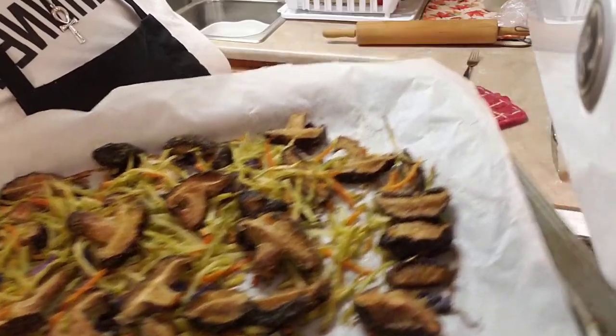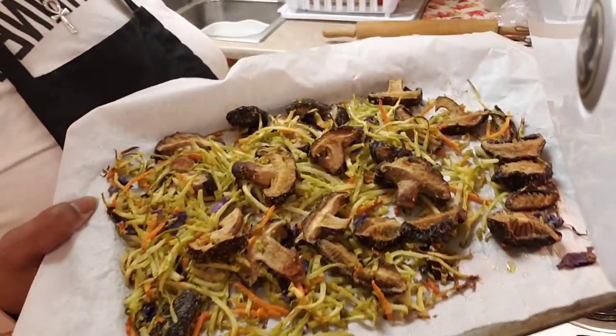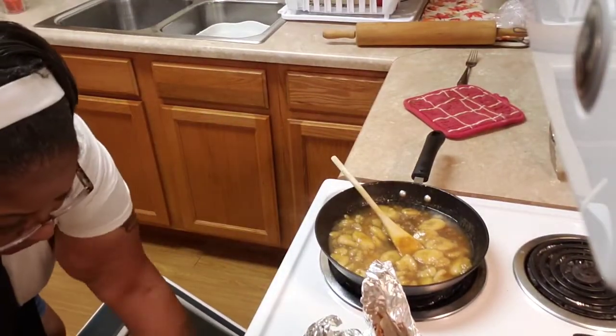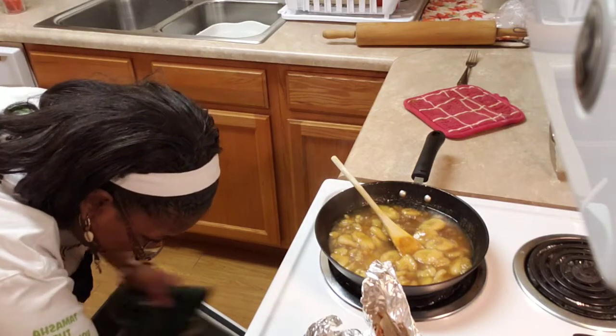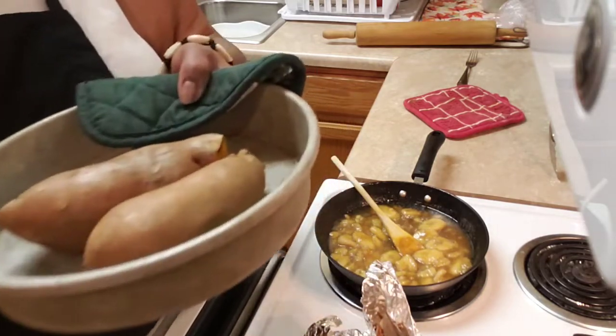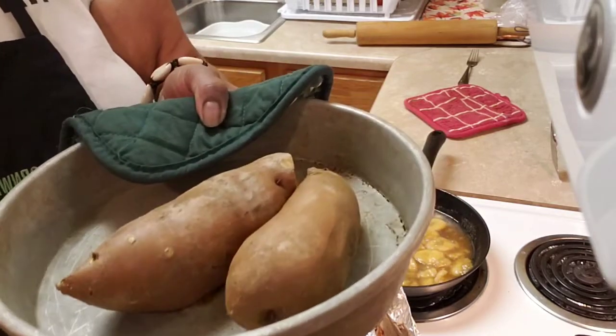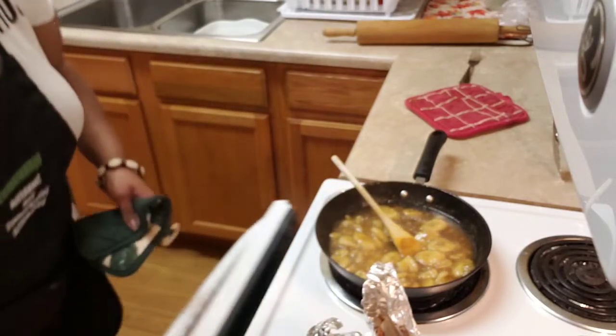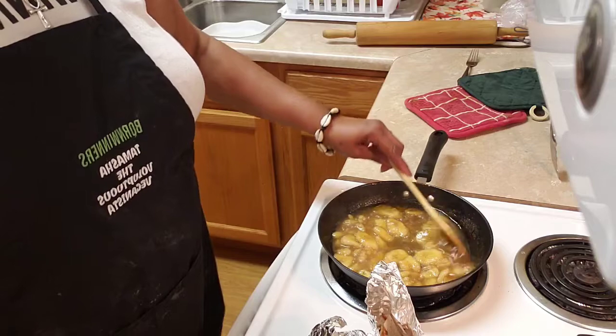and I am going to put my vegetables back in just so they can stay warm. I wanted you to see what they look like. My broccoli, shredded broccoli, and cabbage, and king oyster mushrooms. So I'm going to stick this back in and check on my potatoes as well. And they seem to be good to go, nice and soft. So I'm going to leave these in as well just to stay warm while I go ahead and finish the